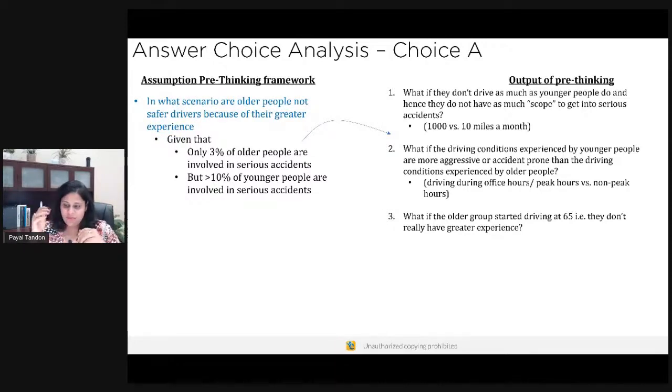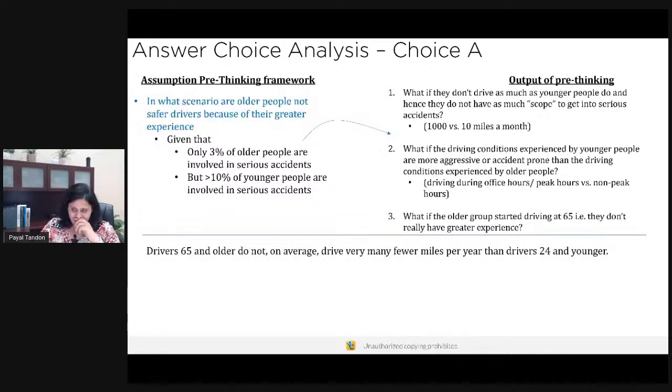Now how is it that you can come up with multiple pre-thinkings? If you go through the course in the right manner, if you go through the pre-thinking files and the application files that are there, that's when you get exposed to the appropriate kind of material that helps you think. The files that you have in the course, we ask you leading questions. What if this happens? What if that happens? We make you think. If you're learning in that manner, that's when your process is going to get solidified. All right, so now with this output in mind, we're going to evaluate each and every answer